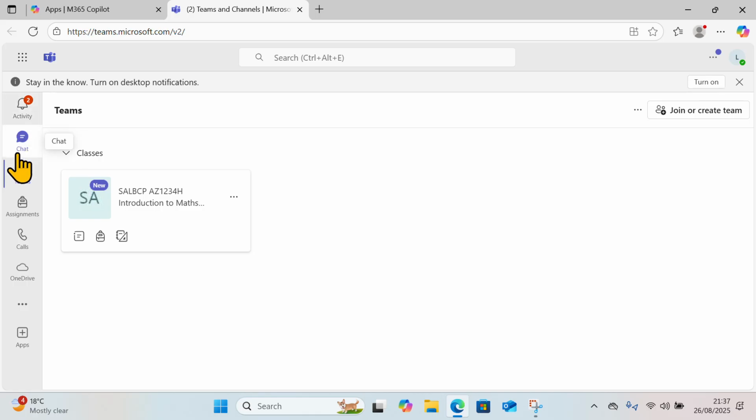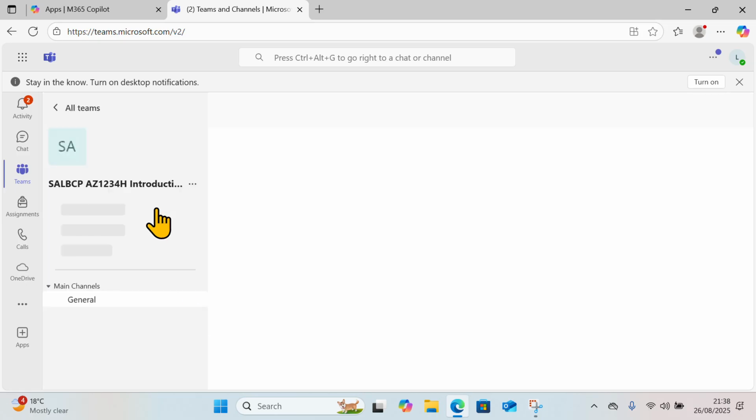You will notice a number of different icons down the left-hand side, and the icon currently selected as default is the one called Teams here. And this is where you will find your team. So click once on the icon,